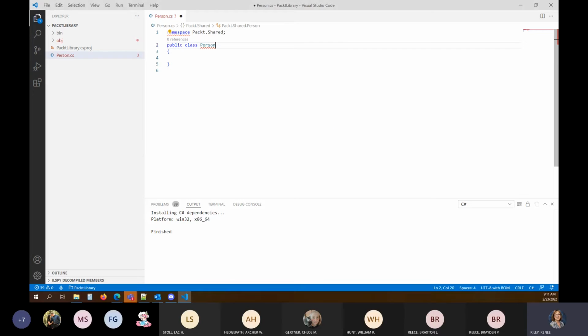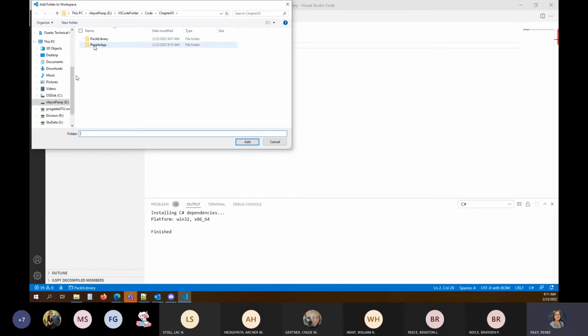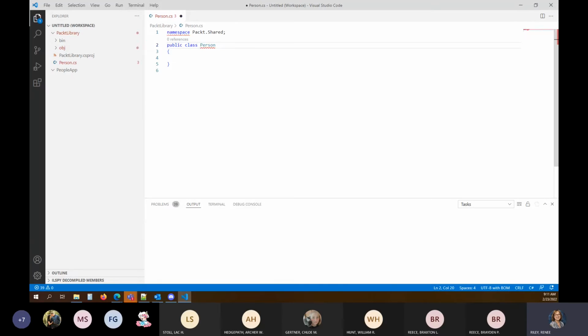I'm going to cancel. I don't want to open that folder. I got it created. So now I want to add it to my workspace. So I'll go to my Add Folder to Workspace, choose my People App folder, and add it. Yes, I trust the authors.